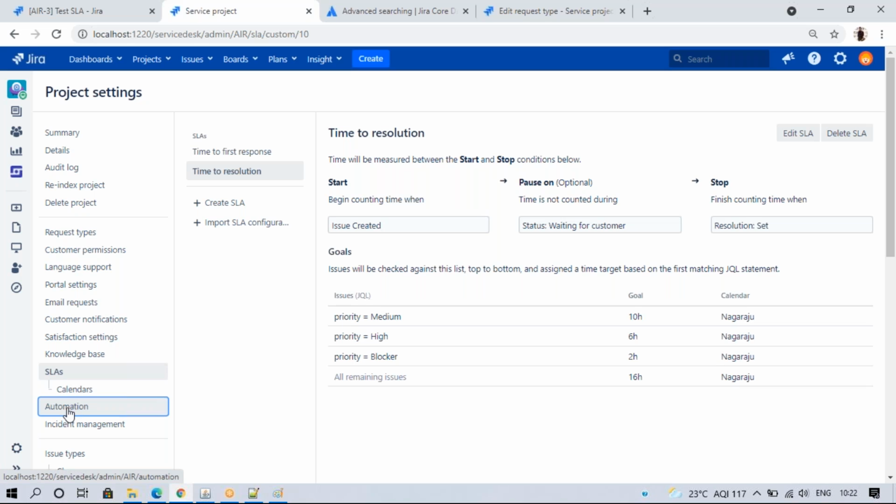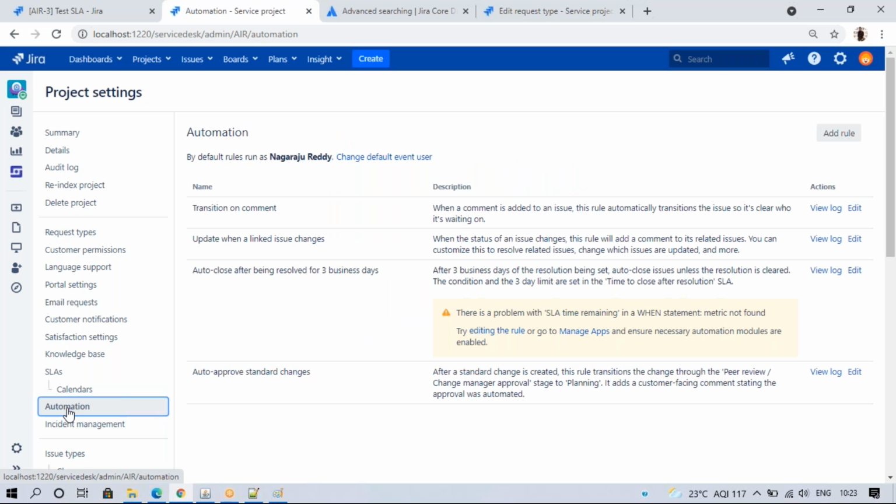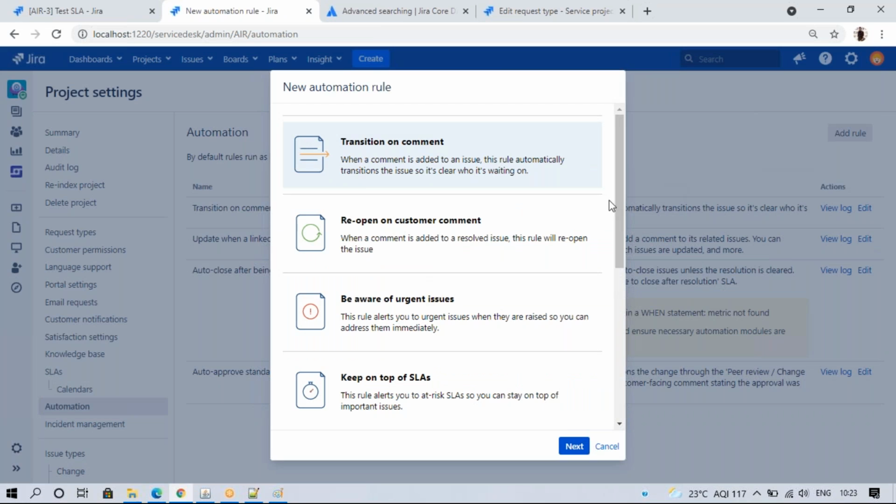And next, we have only one topic left, that is automation. We have many automations here, but I don't want to disturb these. I'll just create a new rule. What are these new rules?